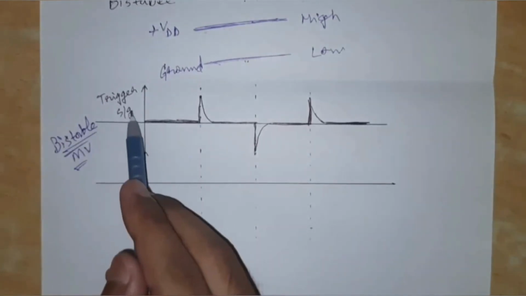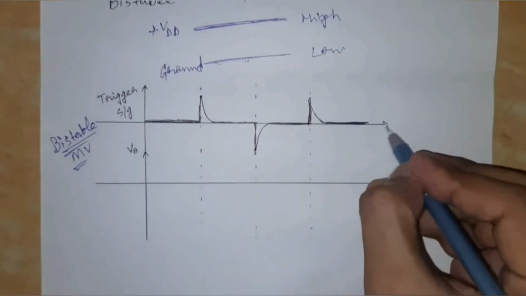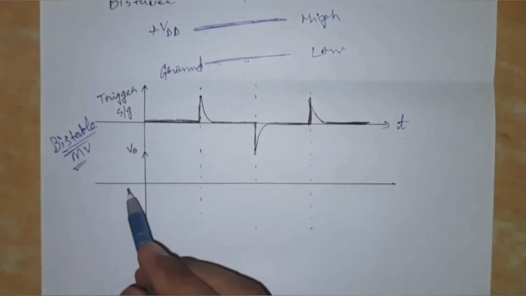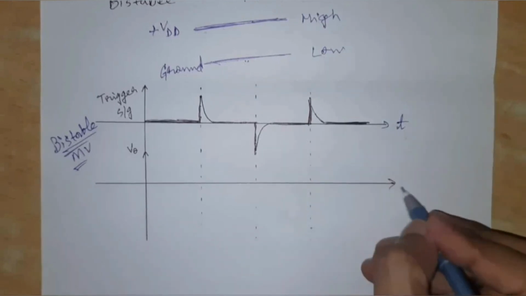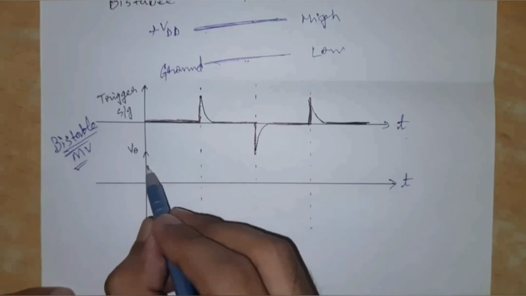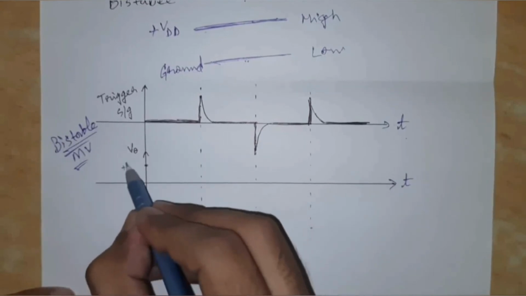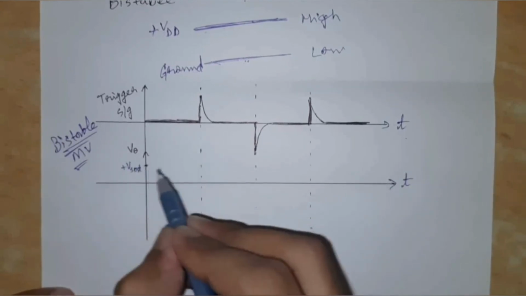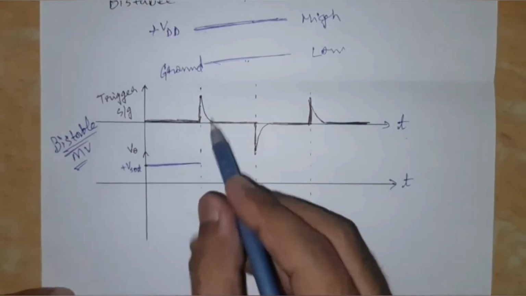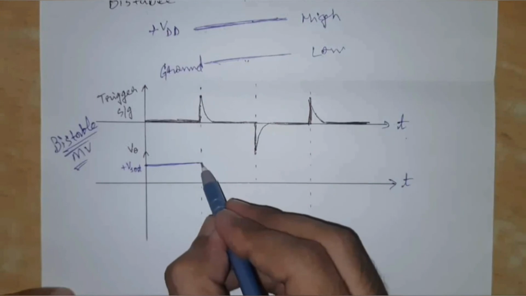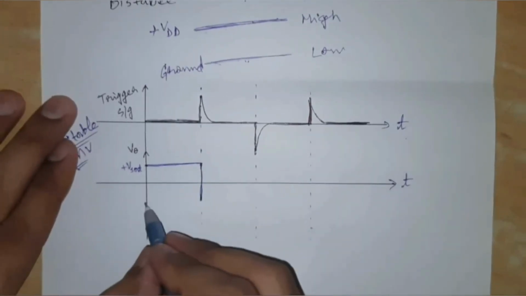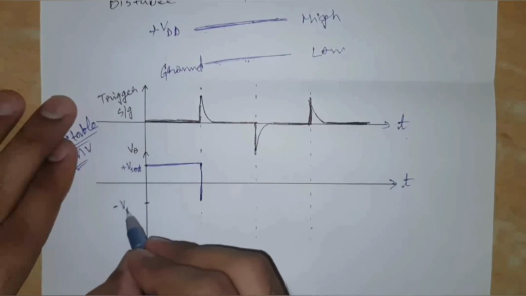That is, a trigger signal is being applied over a wide range of time, and then the output signal, how it varies with time in accordance with the trigger signal. So let us suppose that it was initially at saturation, VSAT. Initially the output was at VSAT, then a trigger signal was applied, then it changes the state and it comes to the second state which is also stable. Let this be minus V saturation.